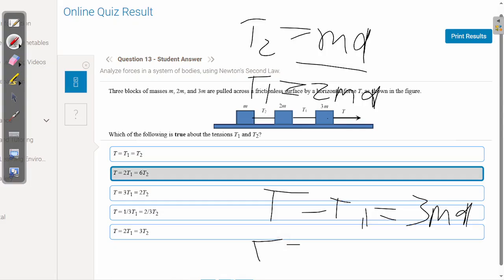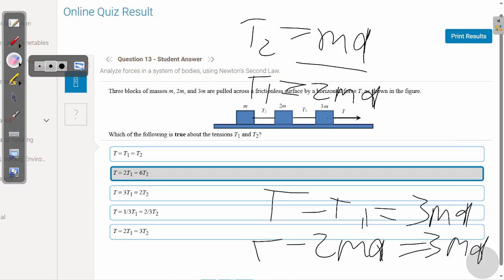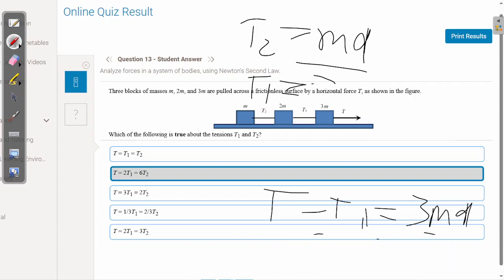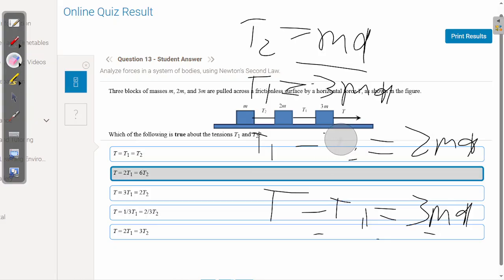T1 is 2MA, so T minus 2MA equal to 3MA. Wait, I just realized that I did a mistake. Up here, T1 is supposed to be 3MA because T1 minus T2 should be equal to 2MA, and T2 is MA, so this should add up to 3. Okay, my bad. Now T1 is equal to 3MA,